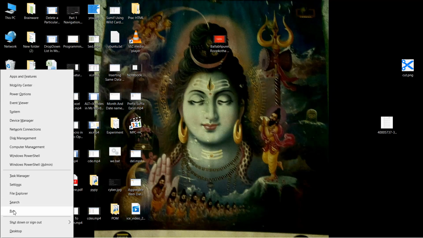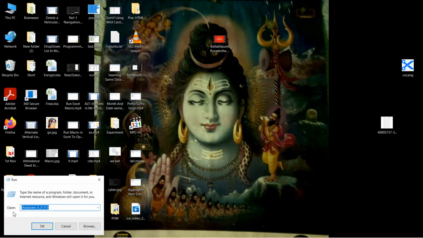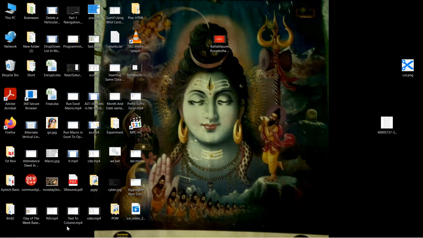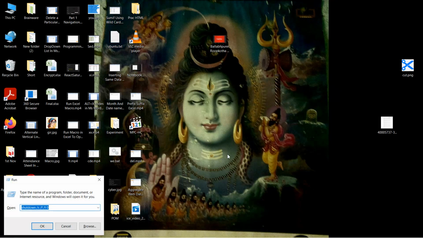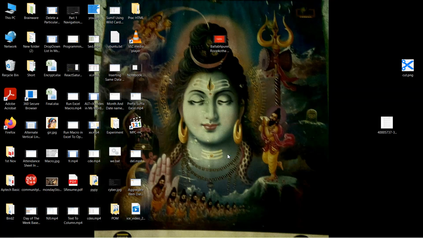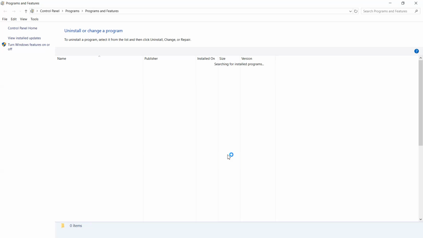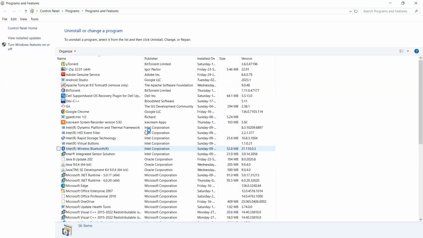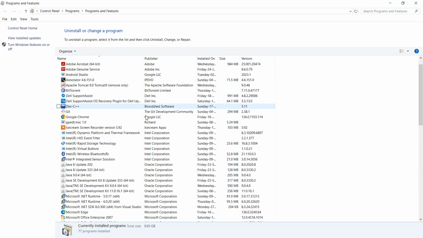So here we are having this particular option, run. Alternatively, what you can do is that you can just press Window key followed by R, run. The first letter of the word run is R. So now you can write appwiz.cpl and then hit enter, and you will be given all of the things which you have installed in your computer,